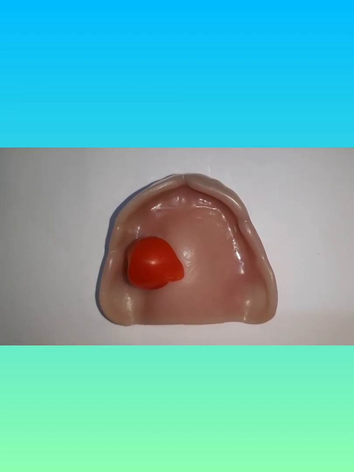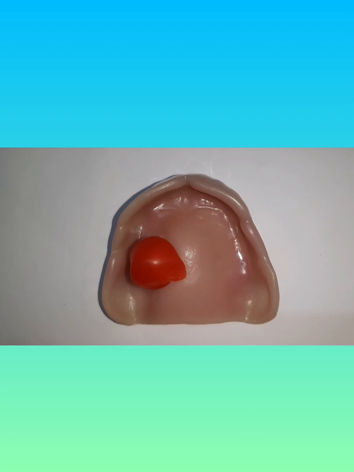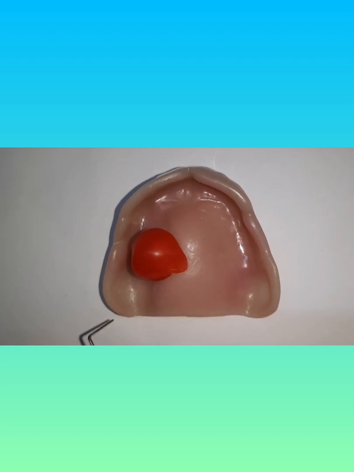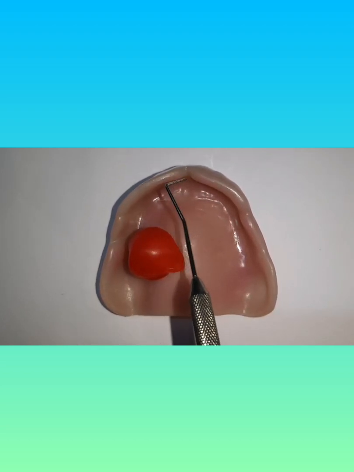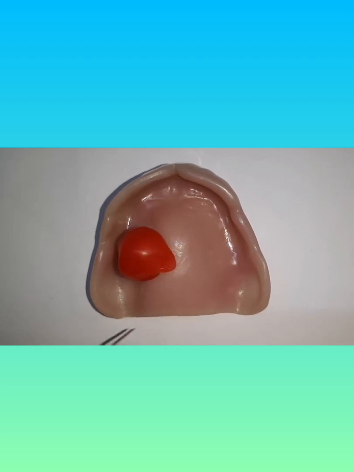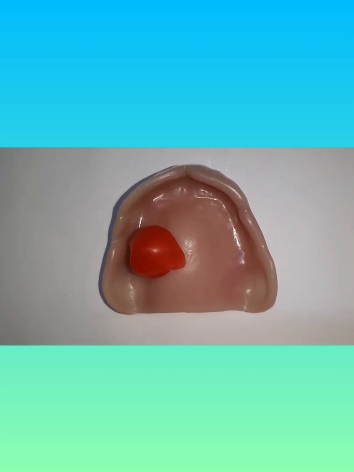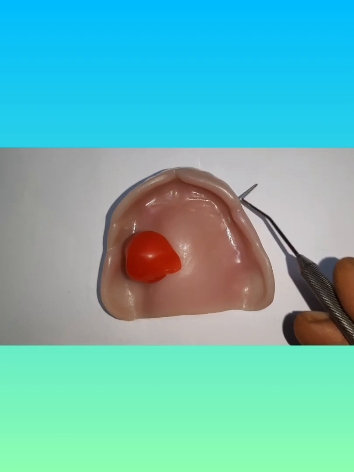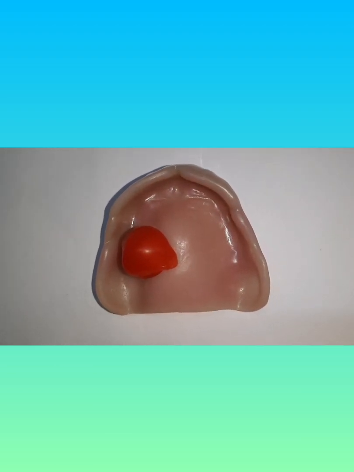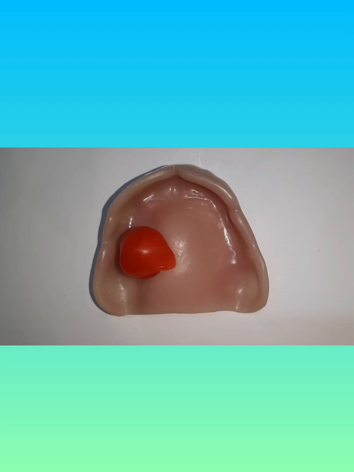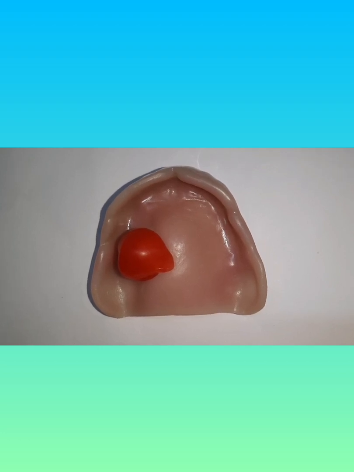Indications of an obturator are when the size and extent of the defect contraindicate another surgery. That is, when you have a large defect after a maxillectomy, which contraindicates further surgery, or the condition of the patient does not allow another surgery to close this gap with, say, an autogenous graft from some other area, or by using a soft tissue graft, then in those cases an obturator is very helpful, and it is indicated there.